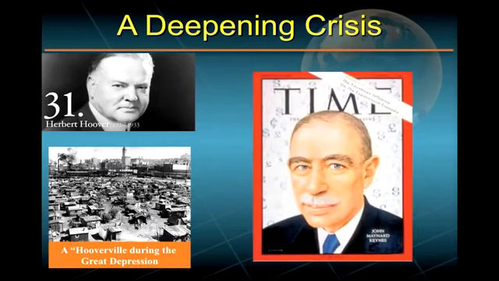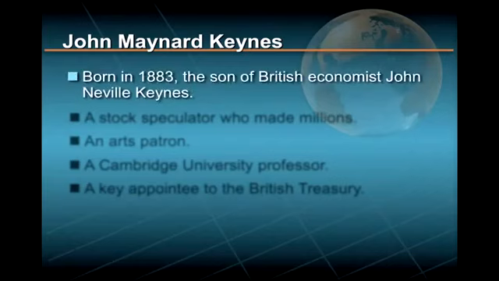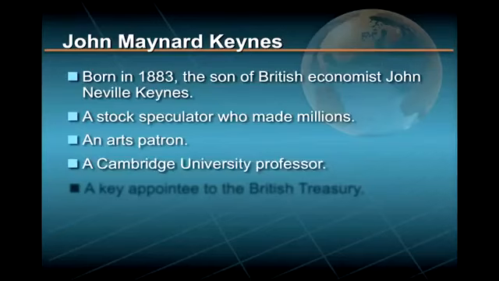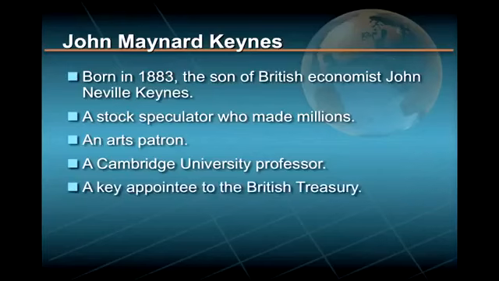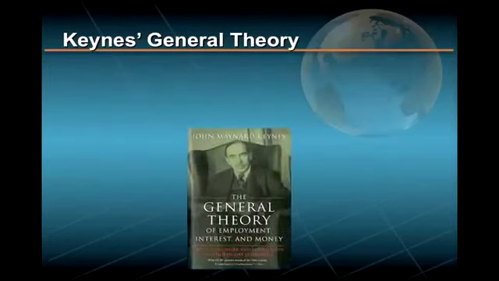economist John Maynard Keynes. John Maynard Keynes was born in 1883, the son of a British economist famous in his own right, John Neville Keynes. Maynard Keynes was, by all accounts, a genius who made millions as a stock market speculator. He was also a distinguished patron of the arts, a faculty member at Cambridge University, and a key appointee to the British Treasury. In 1936, with the global economy flat on its back, Keynes published the General Theory of Employment,